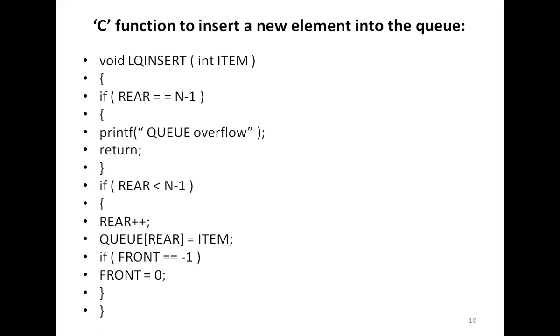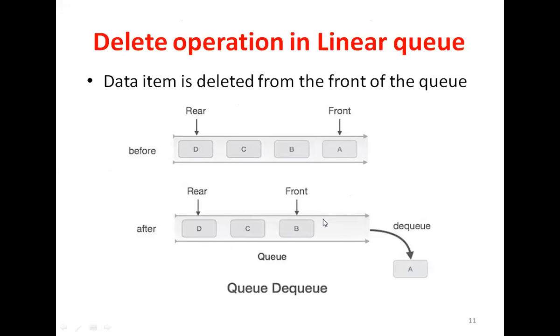No, sir. So now we will discuss the deletion operation in a linear queue. In deletion, suppose you can see in this diagram, this is a queue, and front is pointing to this element, and rear is pointing to this. Suppose this is the zeroth index, 0, 1, 2, and 3. Now front is pointing to the zeroth index, and rear is 3. So this is the current status.